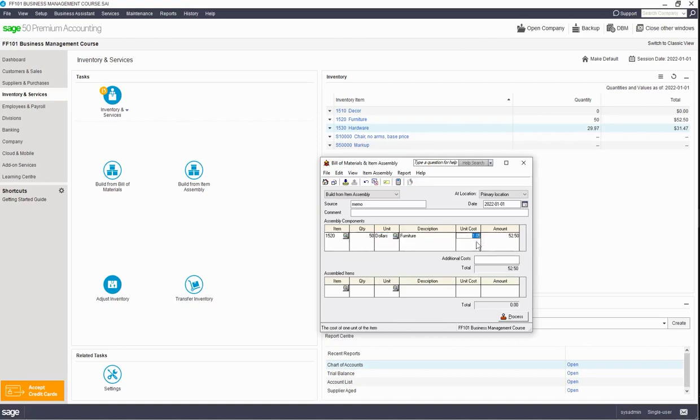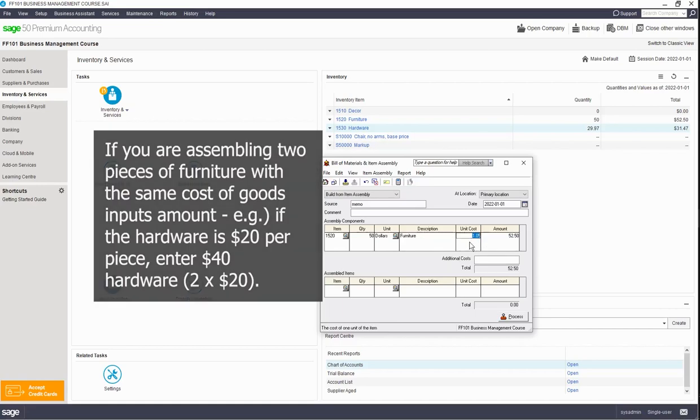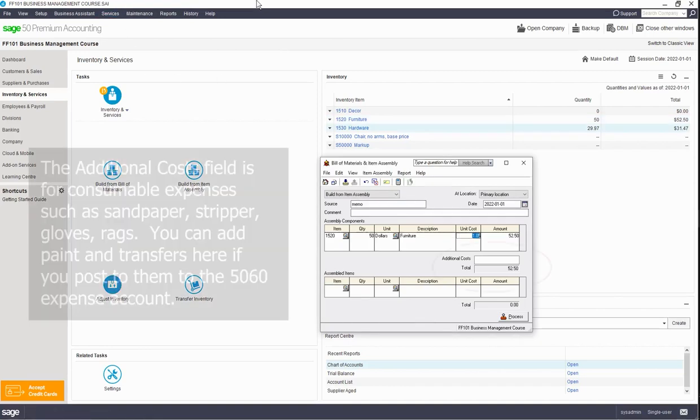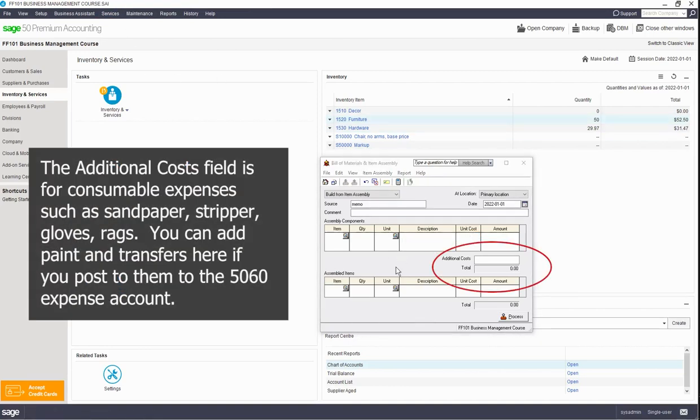Choose item, and for quantity use the dollar value. Add the necessary inventory items. If you're assembling more than one item, you need to update the quantities to reflect the multiplier of the quantity. Any markup on your pricing should be added to the sales invoice, as explained in the upcoming customer and sales